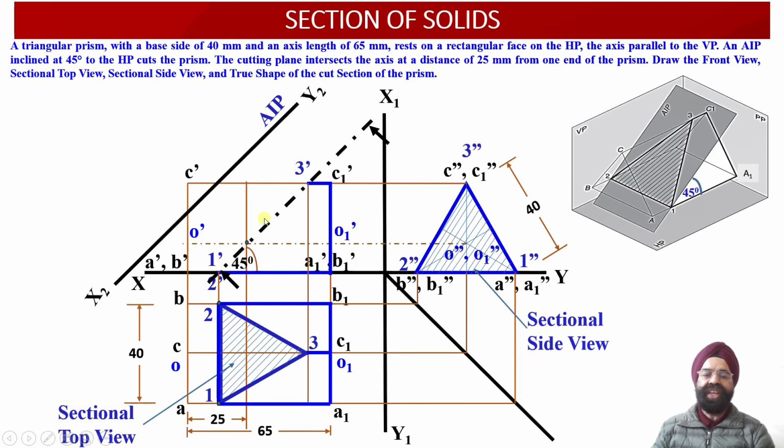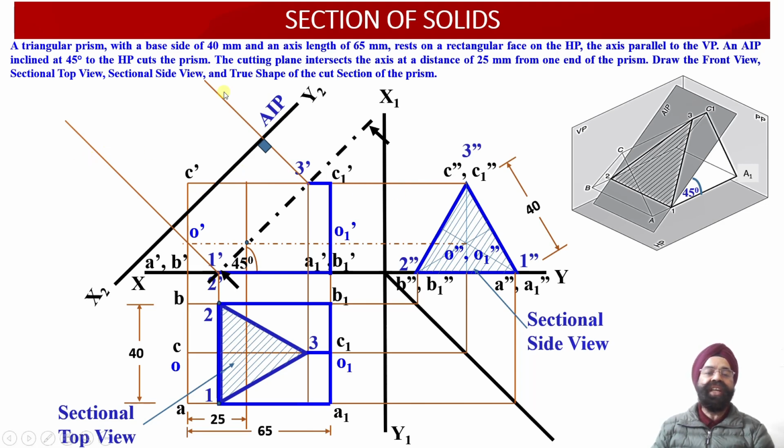So this is the cut section 1 dash, 2 dash and 3 dash, or this is the cutting plane, right? Now parallel to this cutting plane or the cut section we have drawn an auxiliary inclined plane X2, Y2 such that this AIP X2, Y2 happens to be parallel to this cut section also. Now since this cut section is parallel to this AIP X2, Y2, the projections of these 3 points 1 dash, 2 dash and 3 dash onto the auxiliary inclined plane will provide us with the true shape projections of